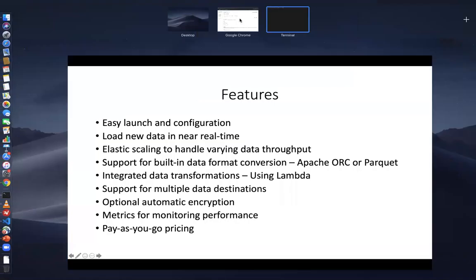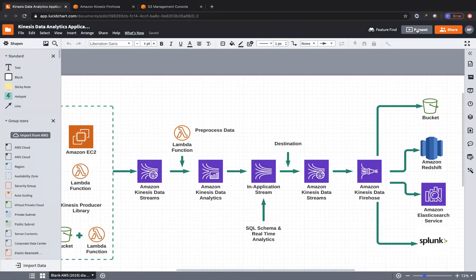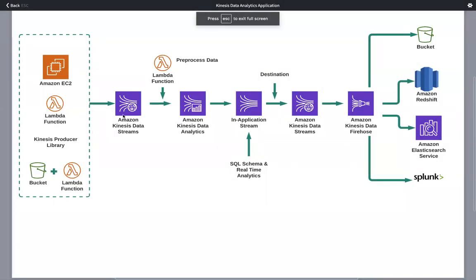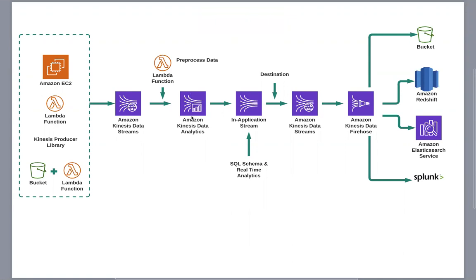If you had to reiterate that architecture and look at it once more, what we are going to achieve here is sending all of our data into the Kinesis data stream using the producer.sh file. From there, it's going to go to Kinesis data analytics, and you can do any kind of real-time analytics using the application that you have set up. Then you can send it out to an output stream, which we have done, called the output stream. And from here, it's going to go to Kinesis Data Firehose, because the output stream is the input for Firehose. And from here, it's going to go to an S3 bucket.